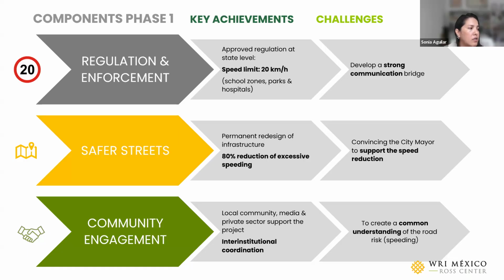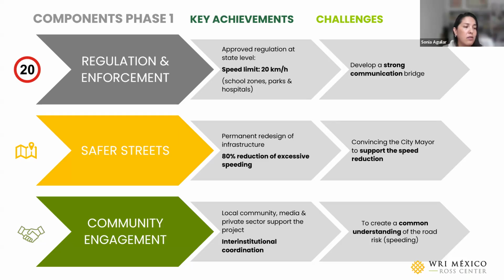And the biggest challenge there was to make things happen, because the mayor agreed to have the tactical urbanism exercise, but after we showcased that it was successful, he wasn't willing to officially promote a permanent intervention, and convincing the mayor was the big challenge,